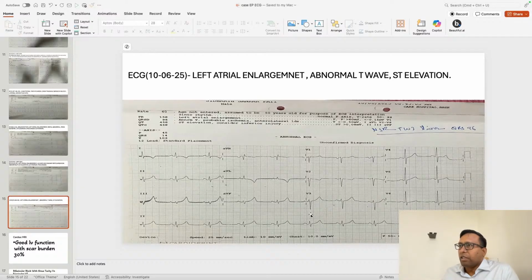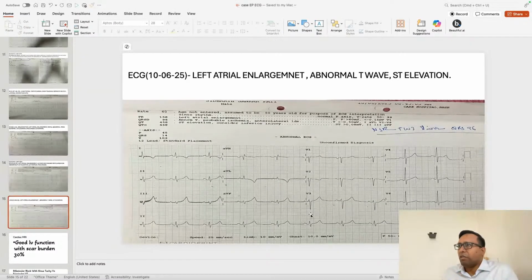When a person goes through any sort of infection, maybe myocarditis or infiltrative heart diseases. Infiltrative means there is some inflammation happening, infiltration is happening, some deposit is happening, like hemochromatosis. So there is a deposit of iron in the myocardium, and that will lead to the inflammation. That is called infiltrative heart diseases. So either of these two situations,